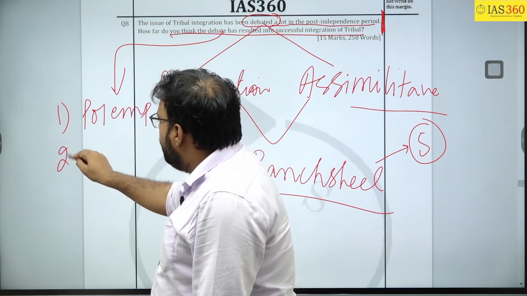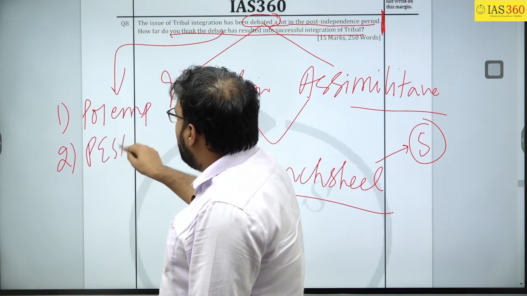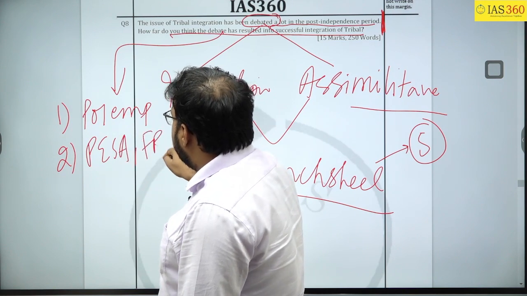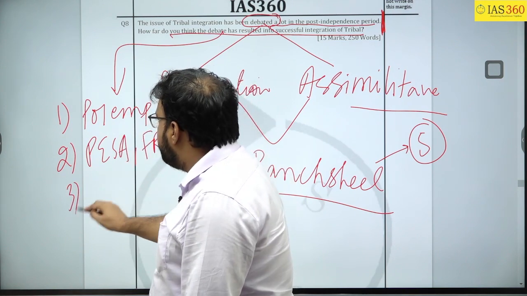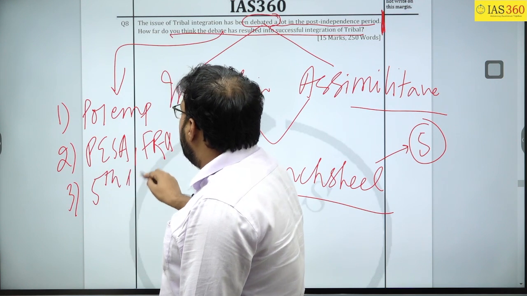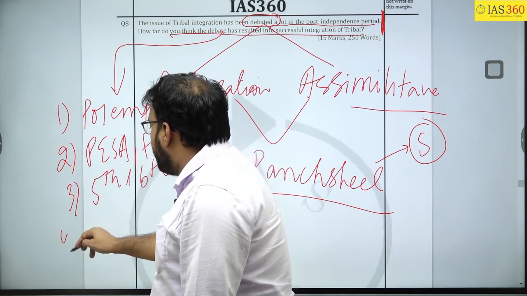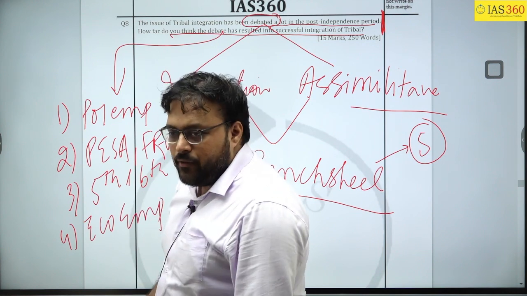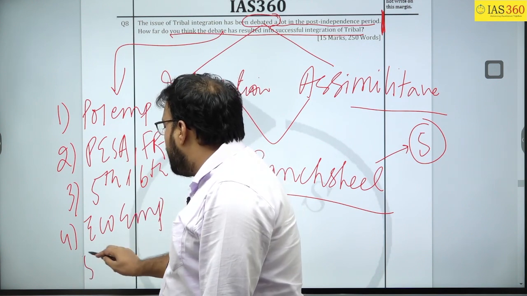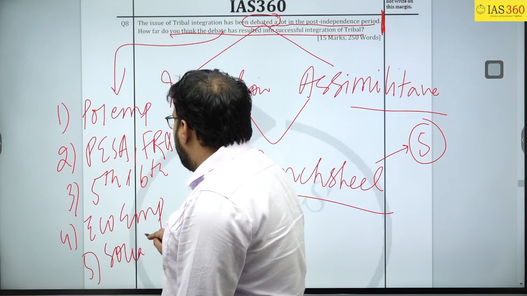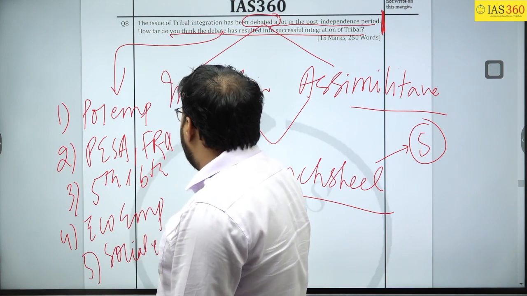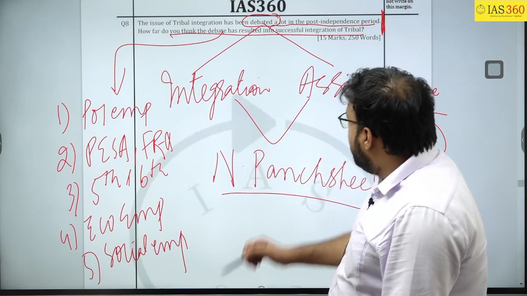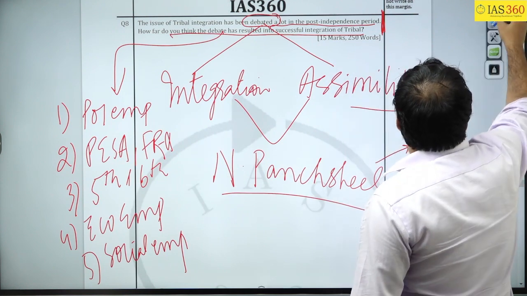You will talk about the PESA. You will talk about FRA. You will talk about the 5th schedule and the 6th schedule. You will talk about the government programs for economic empowerment, that is credit guarantee fund and everything. Then you will talk about the government program for social empowerment. Then again you will talk about